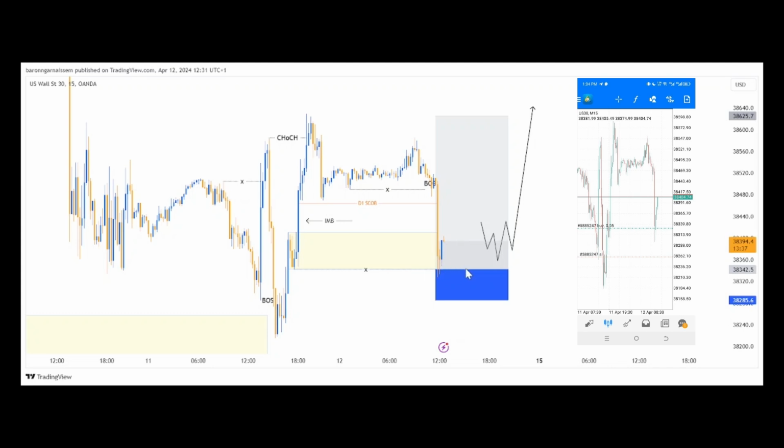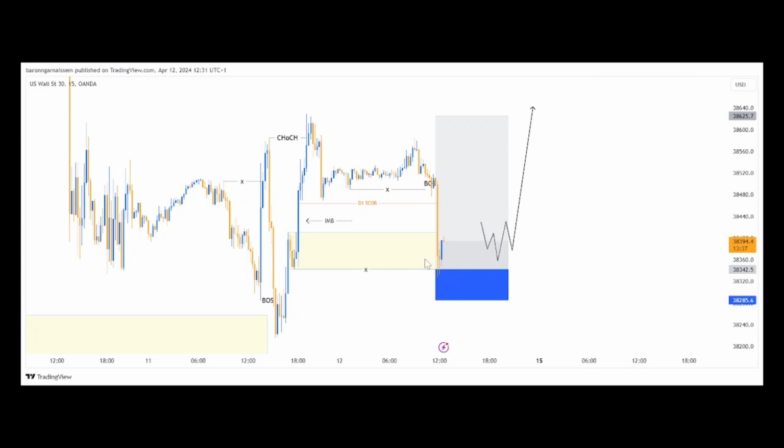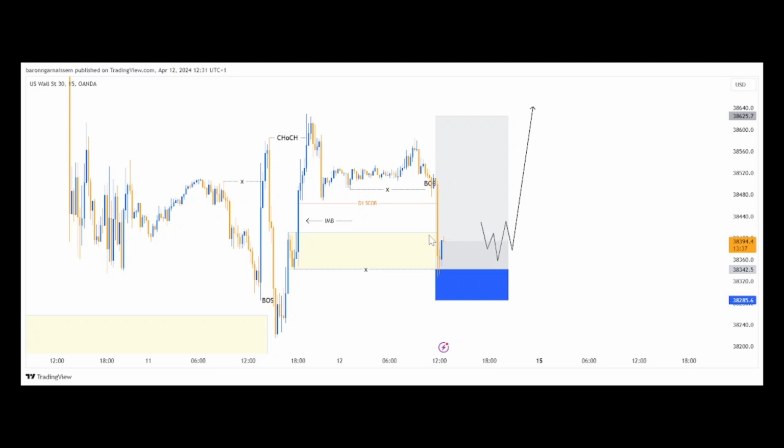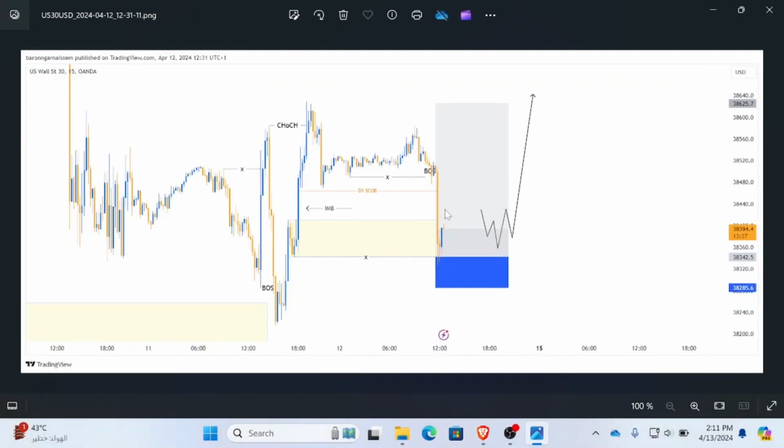But unfortunately the market pushed downside later to take out my stop, because the reports came out worse than expected. Okay, the report came out worse than expected. Then all the US indexes started to drop really sharply. This is why this setup failed here. So this one is about our setup on Dow Jones, and the last trade we have taken is the one